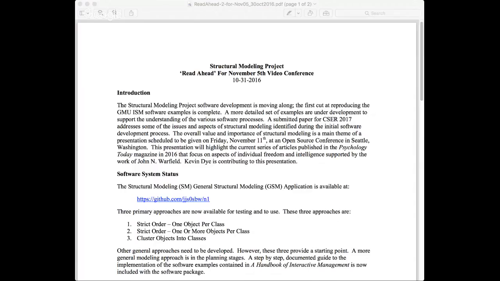And so, the proprietary character of the ISM software has really been an impediment to getting it broadly understood. And then the fact that the whole algorithm isn't transparent. I was going to ask you, Peter, did you meet someone at, where was it, at GW or George Mason, who had worked with Warfield?